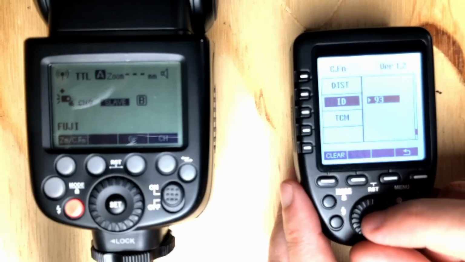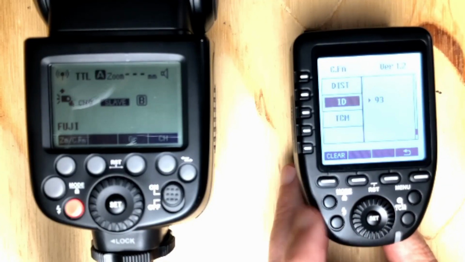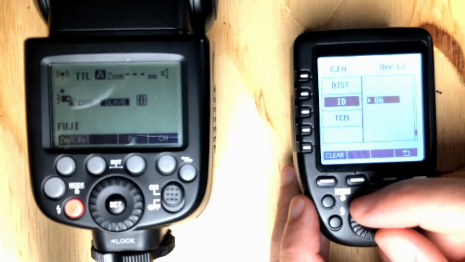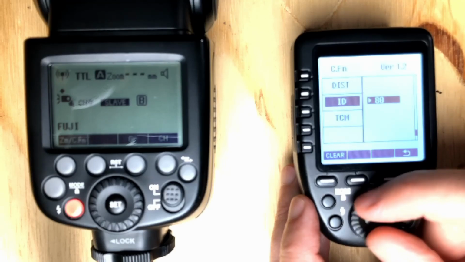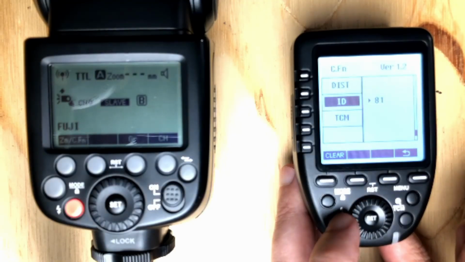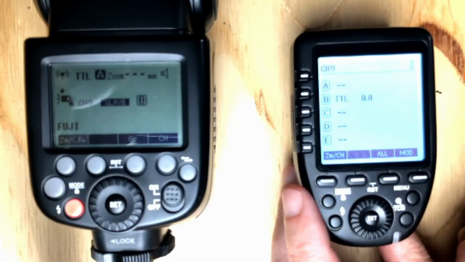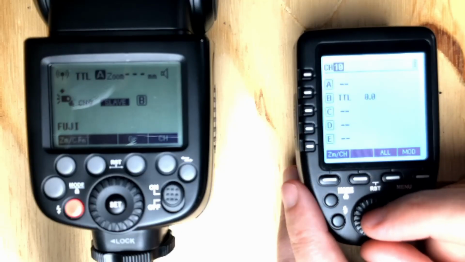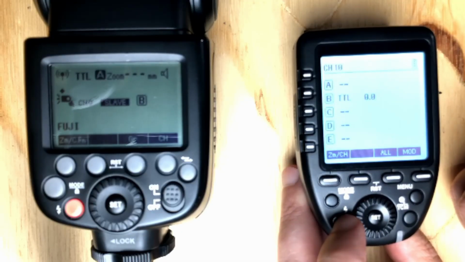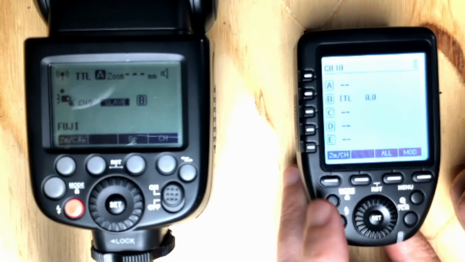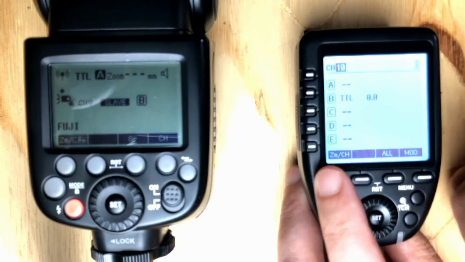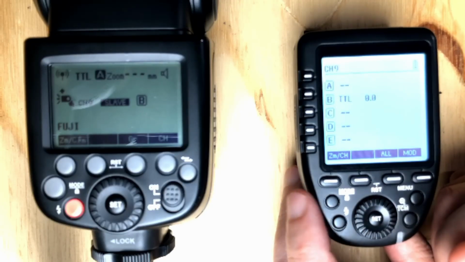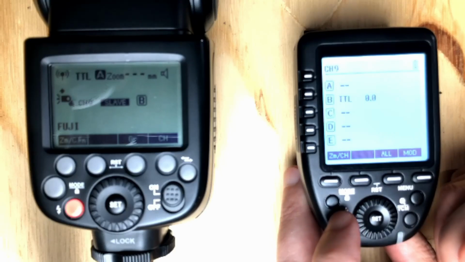If we change it to something else and we press the tester, nothing happens. This needs to be the same ID value for these two to communicate. Same goes for the channel. If I change the channel to something different but having the same ID, if I press the tester, nothing happens. The transmitter and the receiving flash both need to be in the same channel and using the same ID for them to communicate,